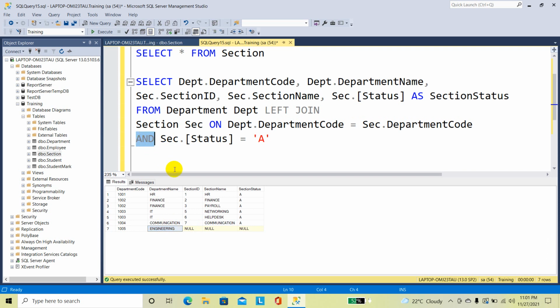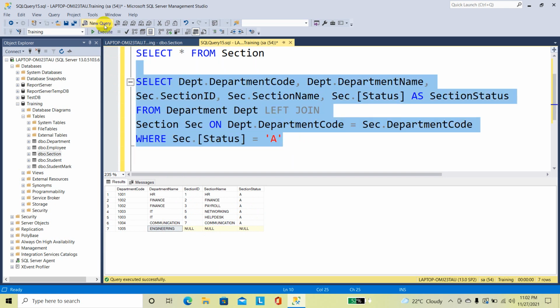Now instead of AND condition, I am going to give where condition. So once I give the where condition, what will happen is here it's a must that the section status should be active. I will say once again, when we give the where condition, then all the section status should be active.